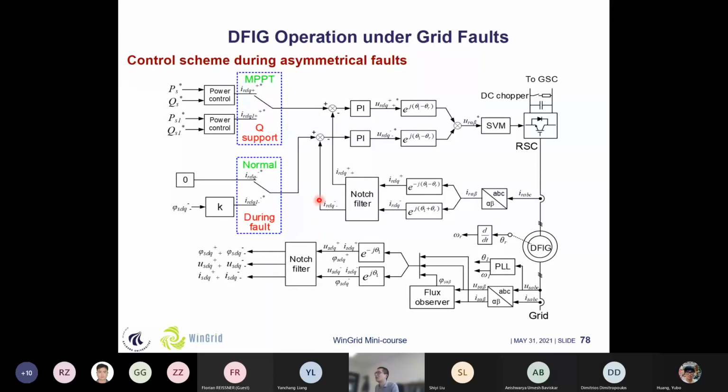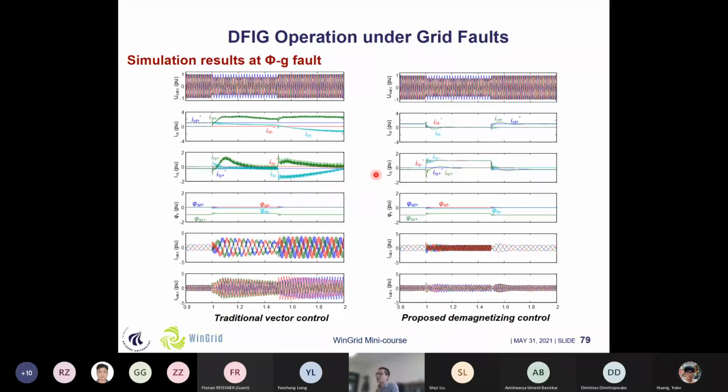And now we can also try to control this current in terms of the positive and negative sequence. Then we can see how the stator current and the load current behave in this case. And here we also compare this vector control and the demagnetizing control. Here we can see that in case of these single phase grid faults, we can see that the